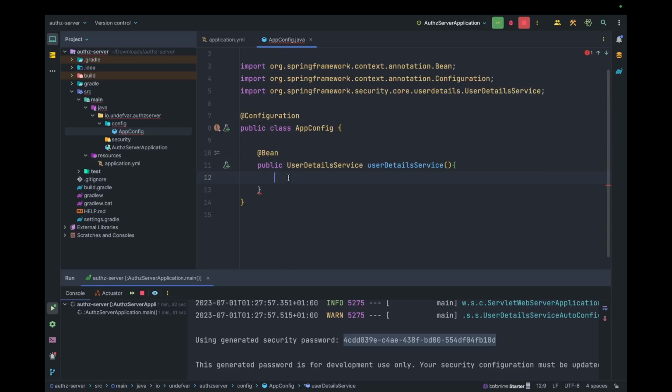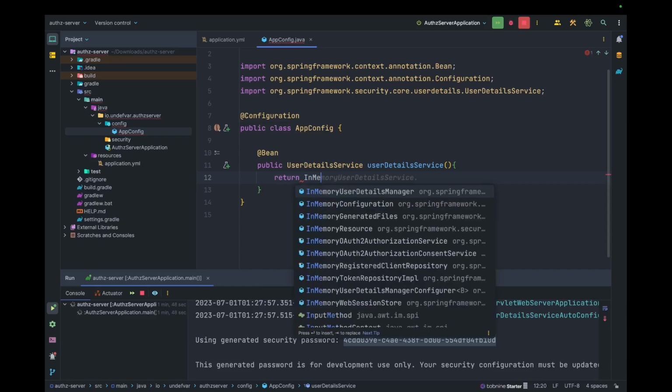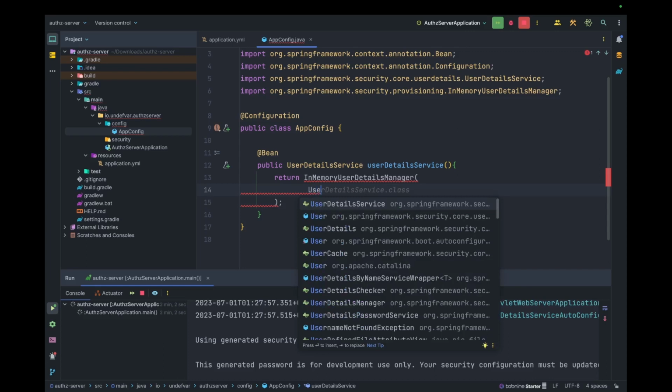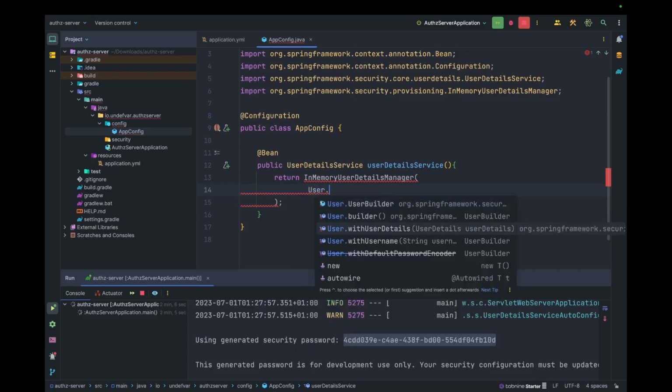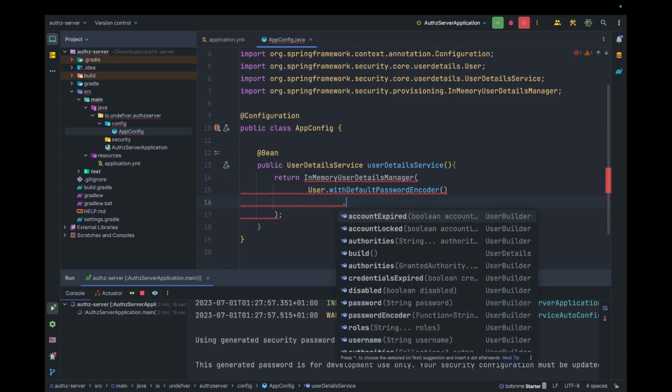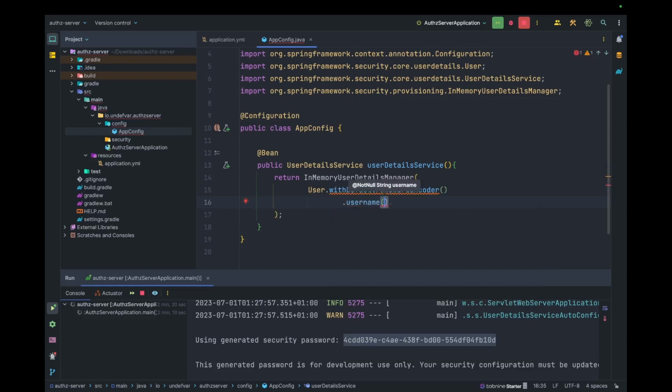Okay, and here I'll return a new InMemoryUserDetailsManager, this one, and inside of this one is where I'll pass in a user that I will create. So I'm going to create a user, and we'll use the withDefaultPasswordEncoder, and then pass the information of this user. Okay, so we'll just do that. We'll do username, and for this I'll just put test at ondevvar.io. It should be in quotation,